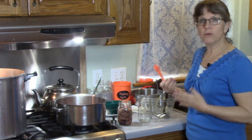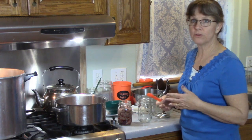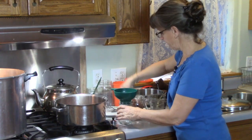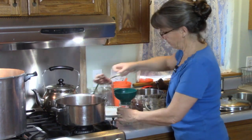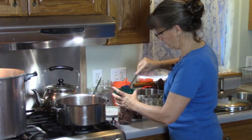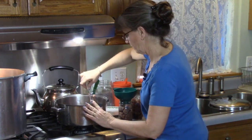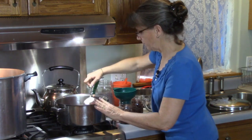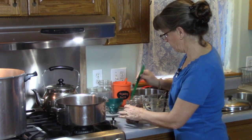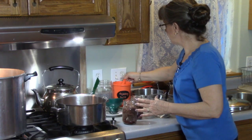You can also, if you want to, do things like add some bouillon in here if you prefer. You can add a little bit of onions, things like that. I like to just do salt, and then it's really versatile when I'm going to use the jar. I can use it for all kinds of recipes. So let me go ahead and fill this second jar. And then I'll add my salt